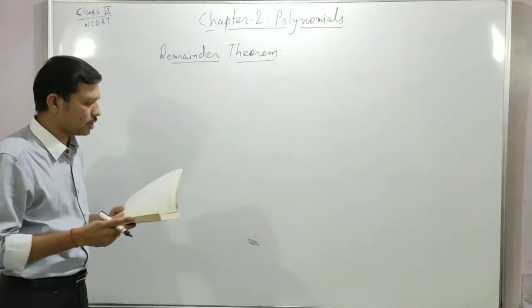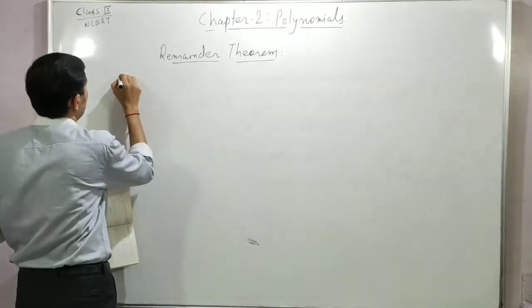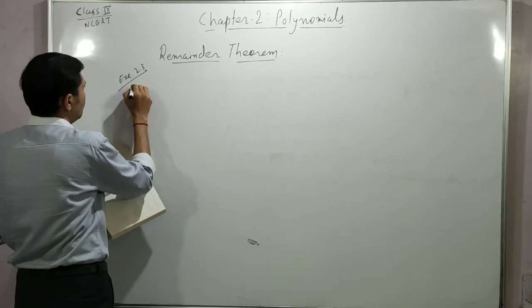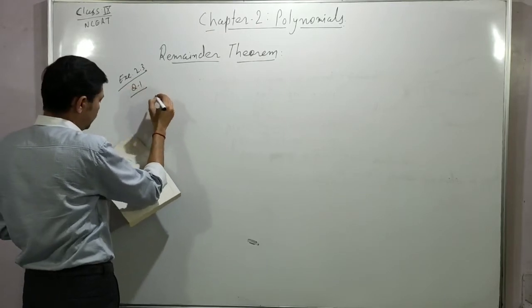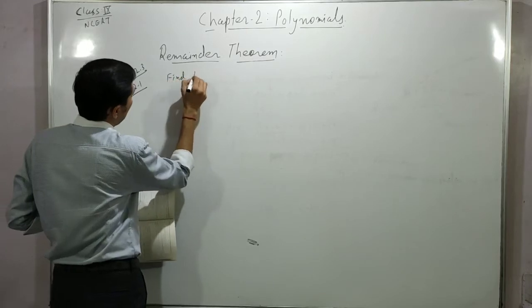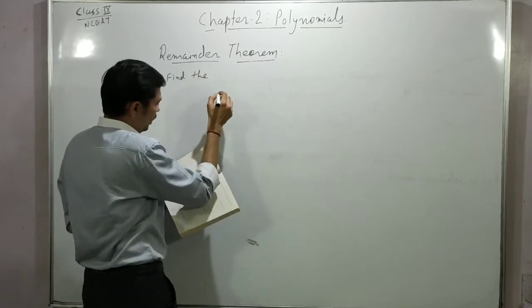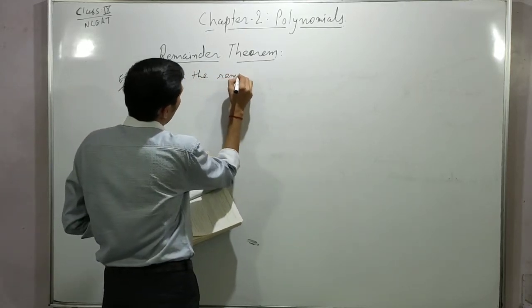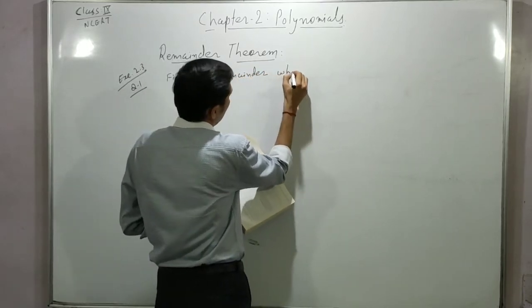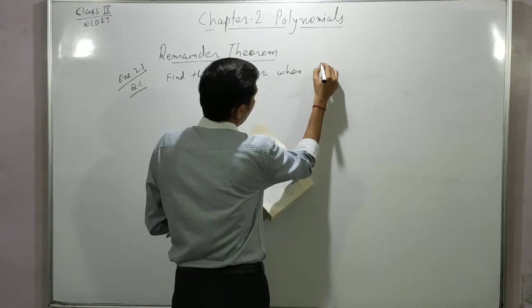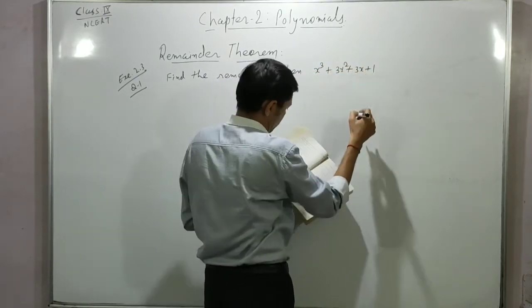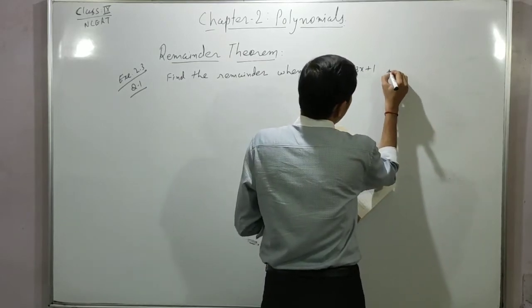Okay, now in our exercise we have question 1. In that we have so many questions. So the question is, find the remainder when the polynomial x cube plus 3x square plus 3x plus 1 is divided by,